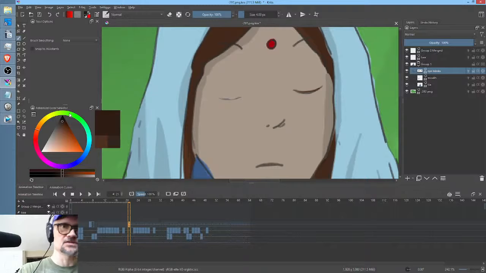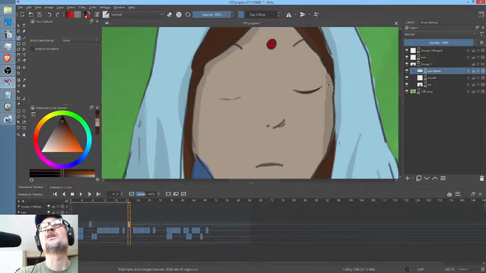I think I want that to be slightly darker. Alright, I'm going to take 5 seconds here and check the